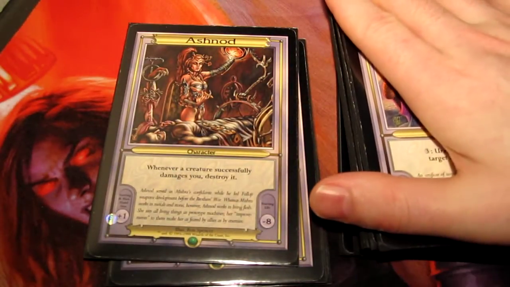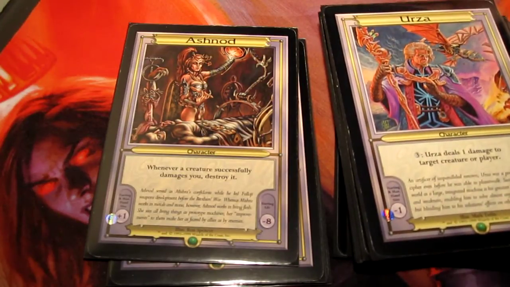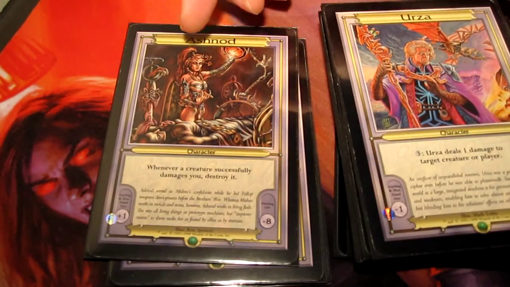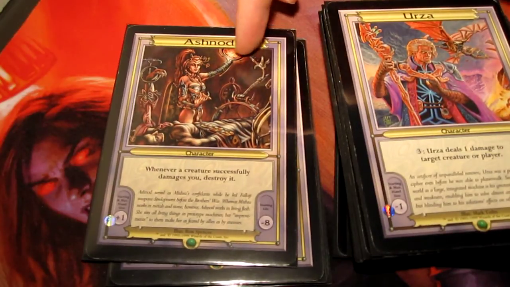Ashnod is one of my favorite characters too. This artwork, of course, does her really well justice. Not just her, but also showing the experiment of what she's doing here. If you just ignore her chest and look around here, you see a corpse with his arm flayed open, just the eye of...